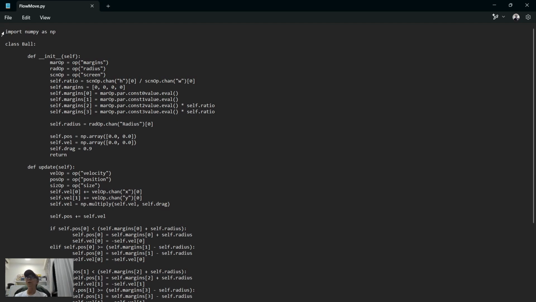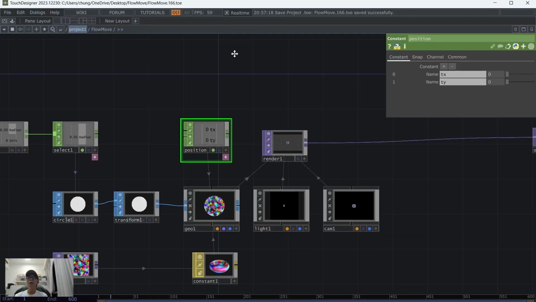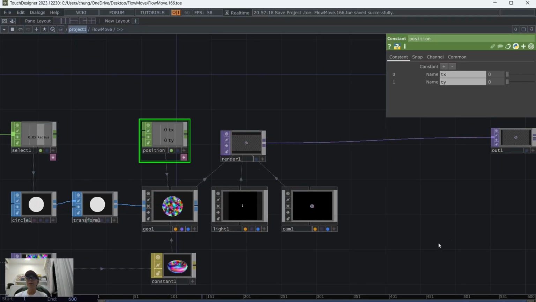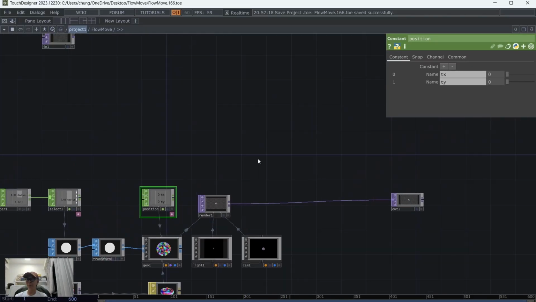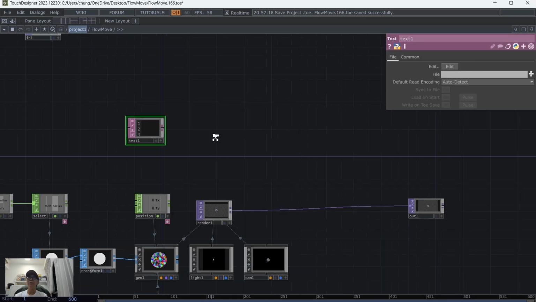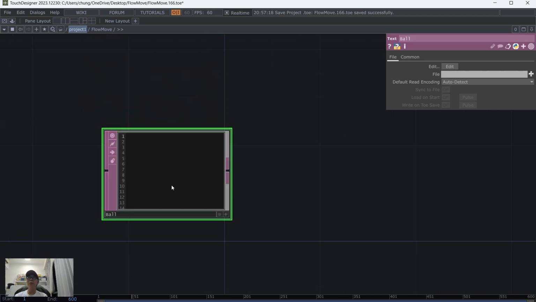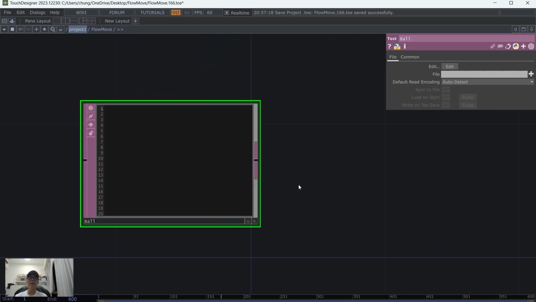So for this one we are going to play around from here. In this case, we have a text here, and then I name it ball,